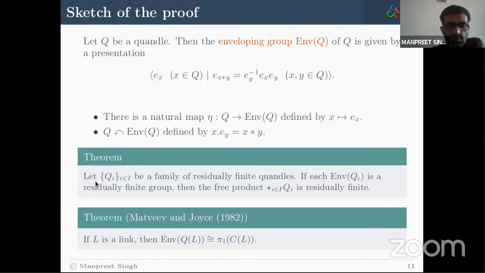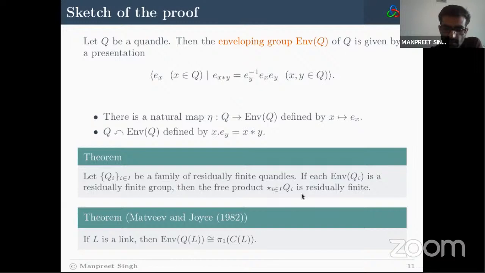We prove that, let Qi be a family of residually finite quandles. Assuming that the enveloping group of each Qi is a residually finite group, then the free product of these quandles is a residually finite quandle. Now,